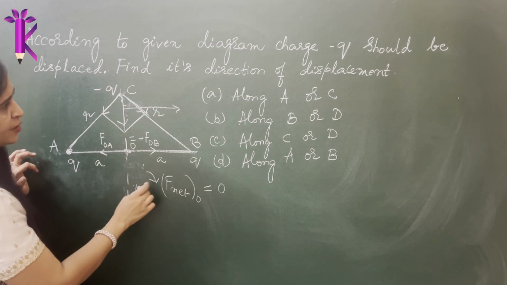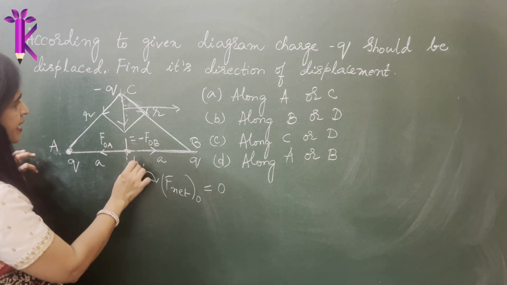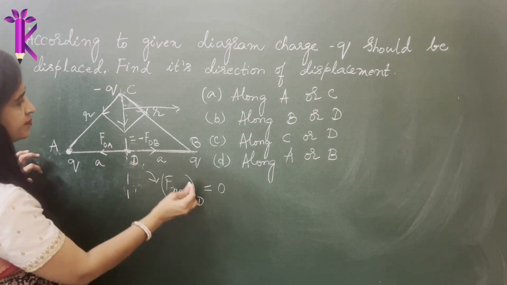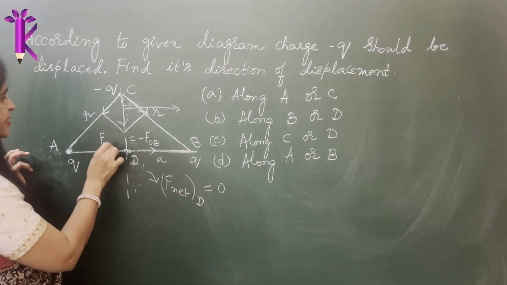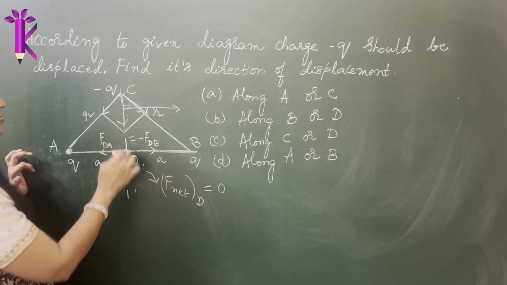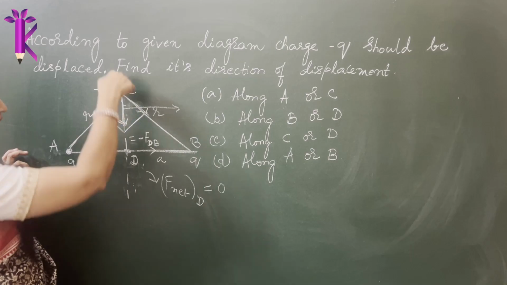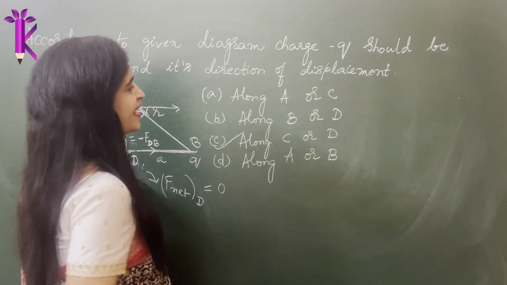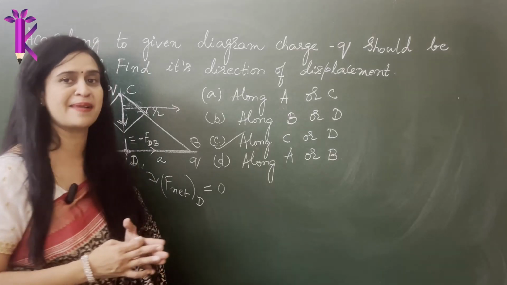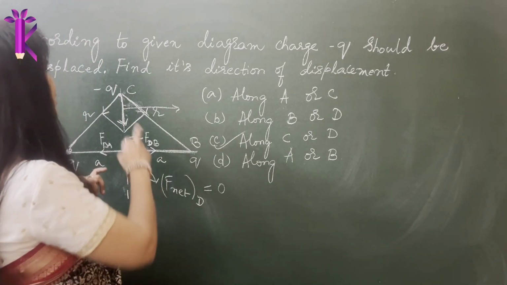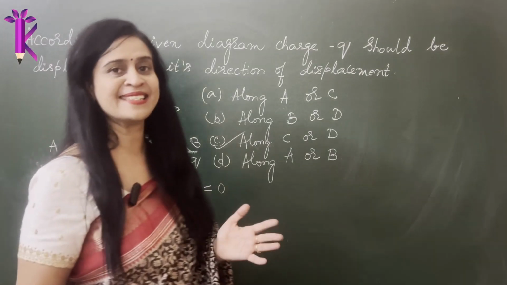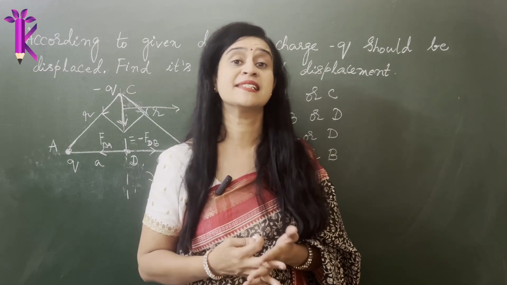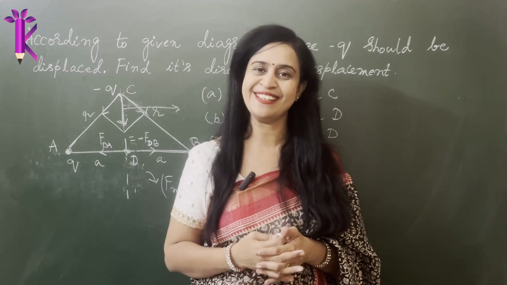If this is D, okay, this must be D. They called it D, I called it O, sorry. So this is D. Charge at D, sorry. So where will be the net displacement? Along CD in the down, along C or D. So this is the right answer. It will experience some displacement in the downward direction only when you place it at the point C. As simple as that. It hardly requires a couple of minutes. If you have solved such numericals earlier, then it becomes really easy.